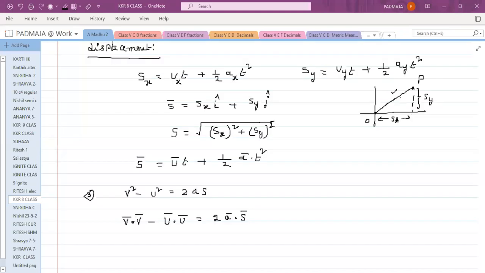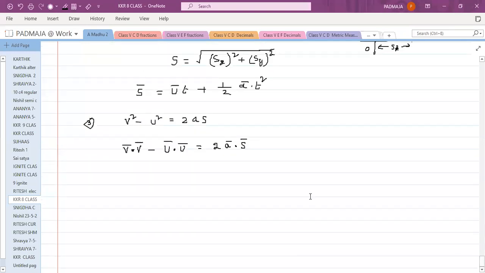So depending upon the given quantities and required quantities, we can use either of these three equations. Sometimes we have to use more than one equation to solve the numericals. Sometimes we use only one of these equations. Sometimes we need to use more than one of these three equations of motion. But we have to use them separately along x-axis and y-axis. Finally you can combine them or you can directly use them.